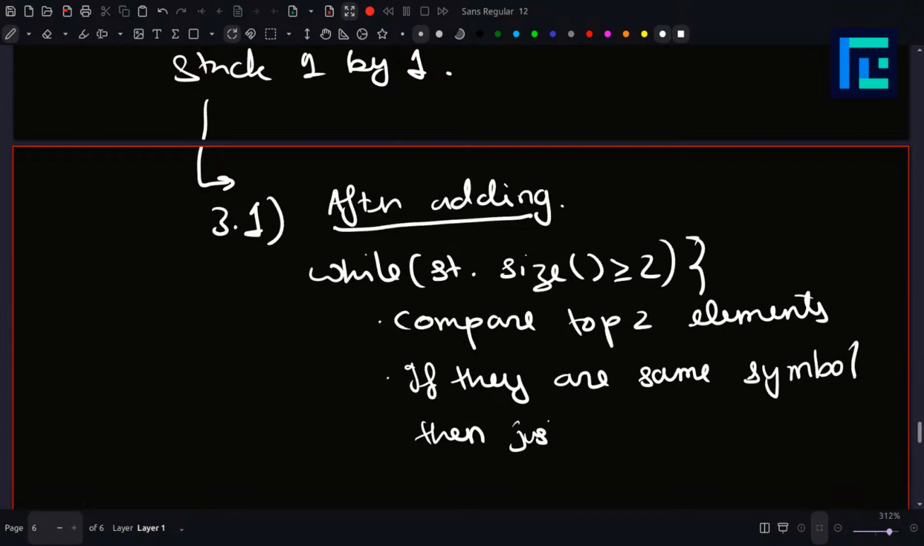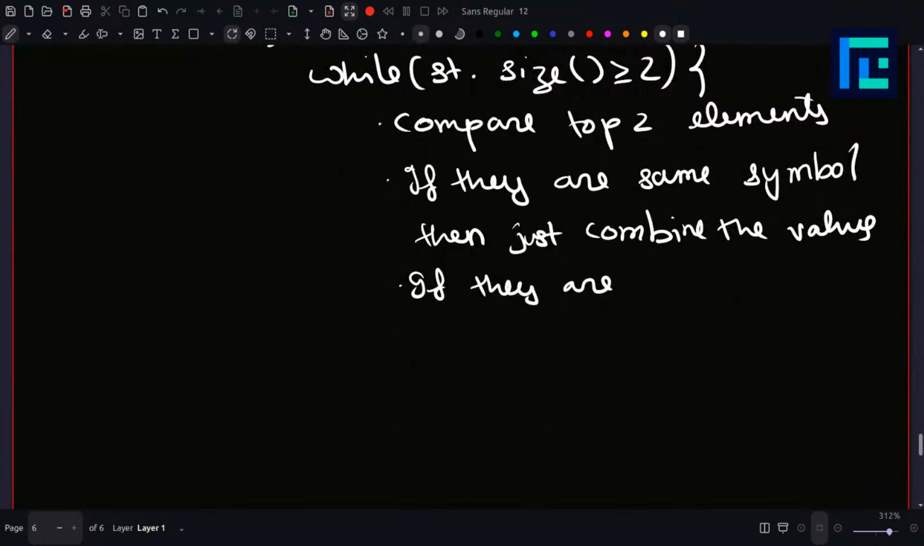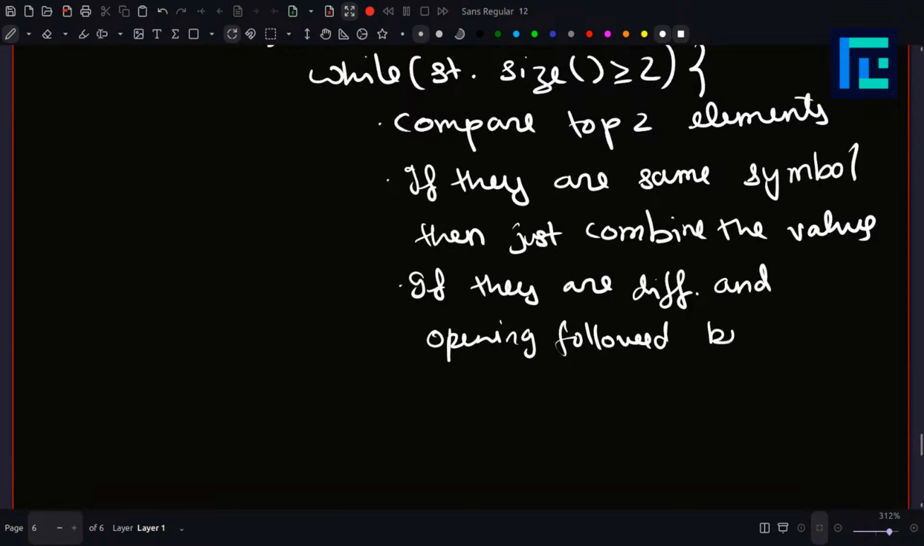Then just add the values, just combine the values. I guess you can say there'll be only one element then, right? Same symbol means both are opening, so we can just combine the values, right? If there are different symbols, they have to be opening followed by closing, right? So if they are different and opening followed by closing, then